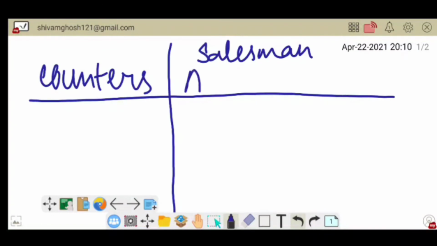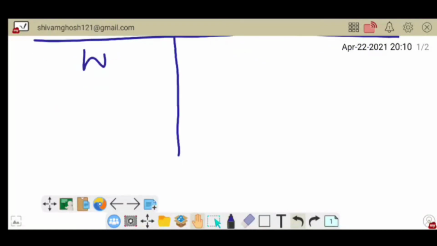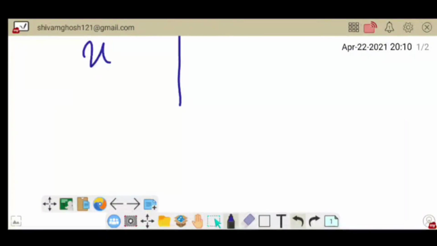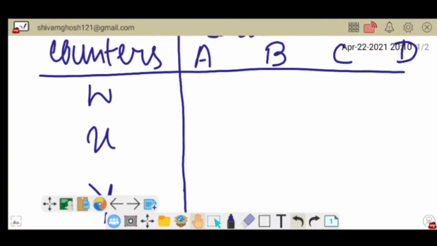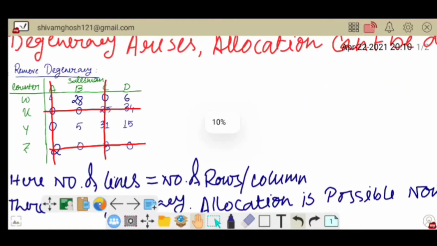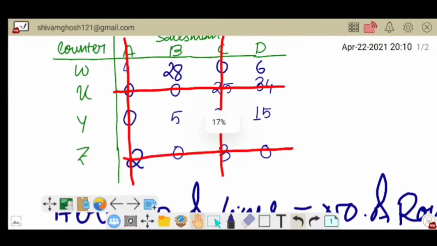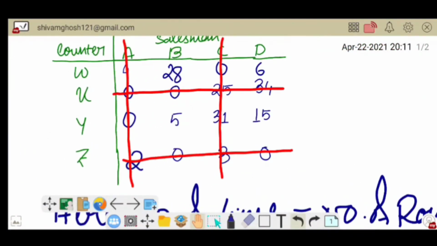A B C D and W X Y and Z. And we will just copy the matrix from step number 4.